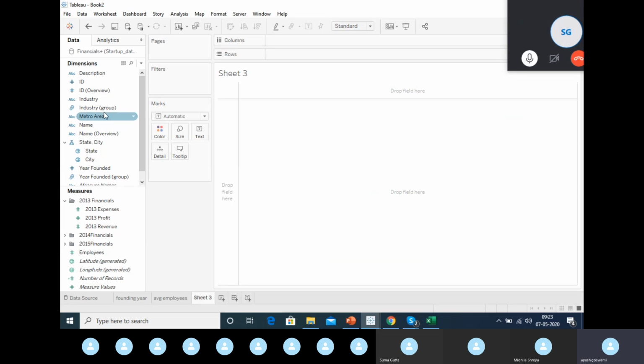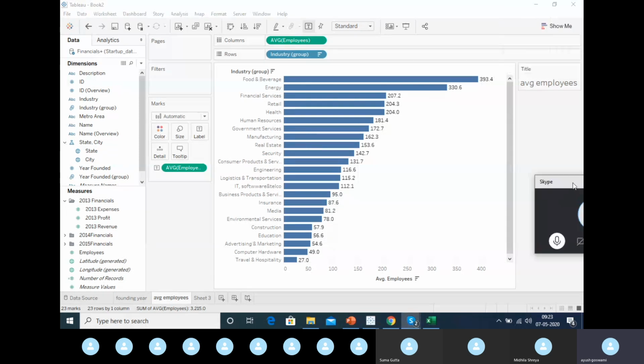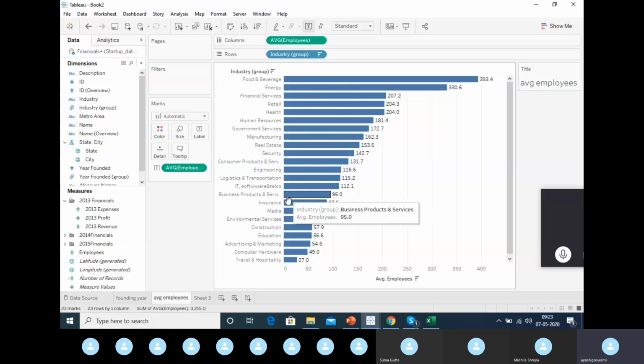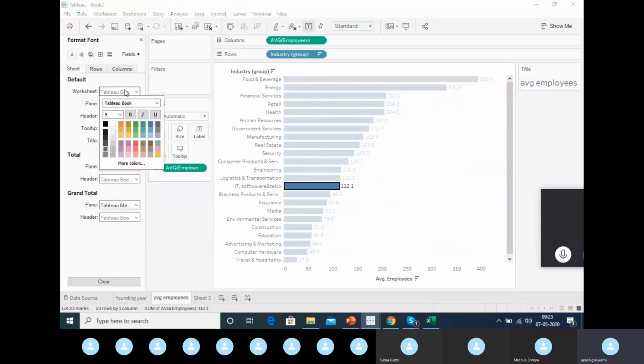We have the industry group, right? We created it just now. And let's say if I want to make it a different color, how we can do that is we can select it, right click onto it, go into format, and change the respective formatting setting of whatever you want. All right, this is quite a basic one that I have told you before, so you can change the formatting accordingly. Similarly, here also,